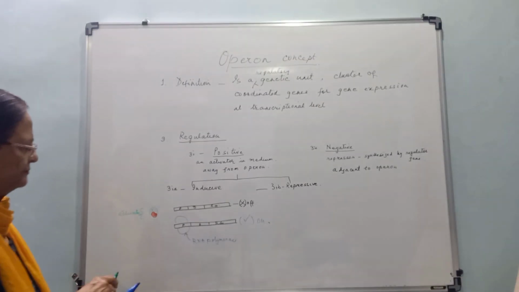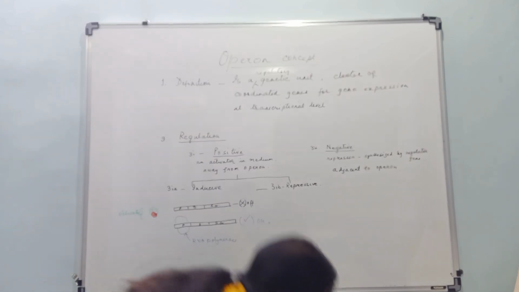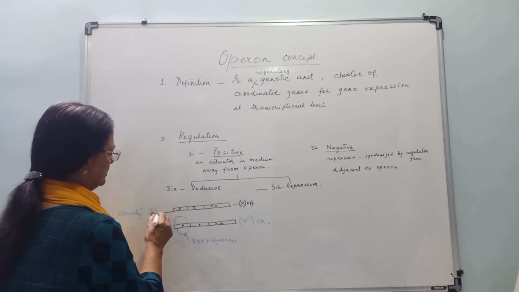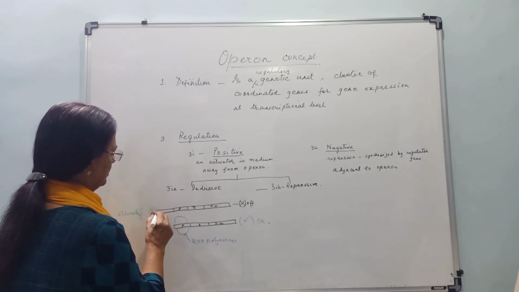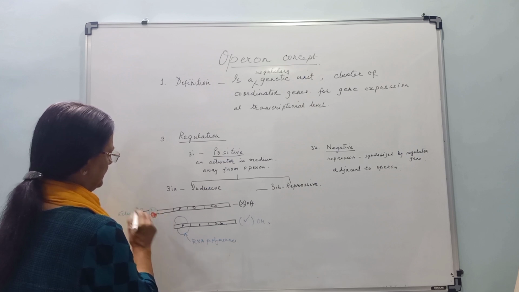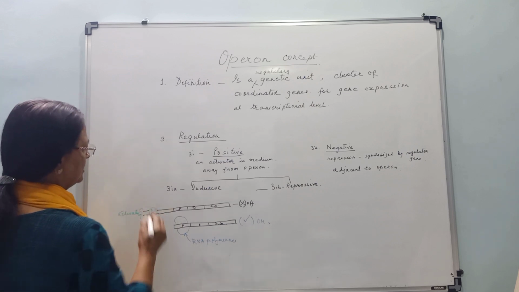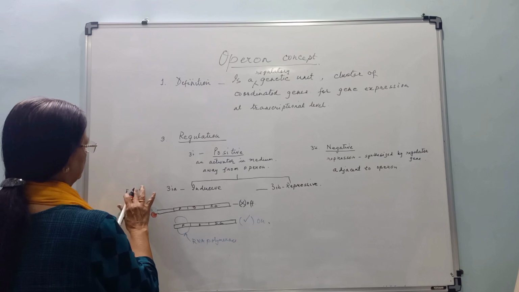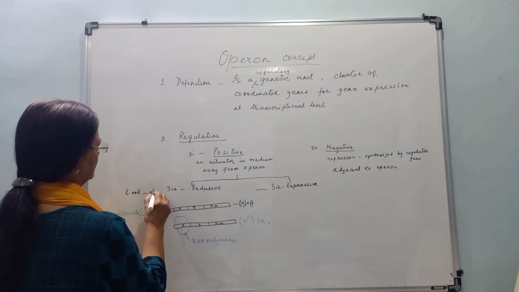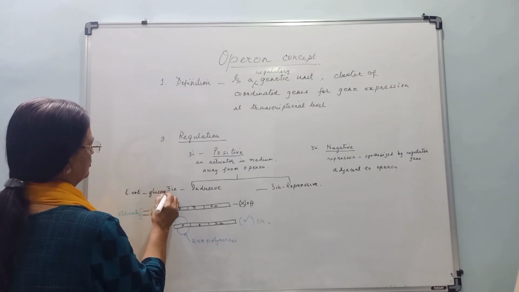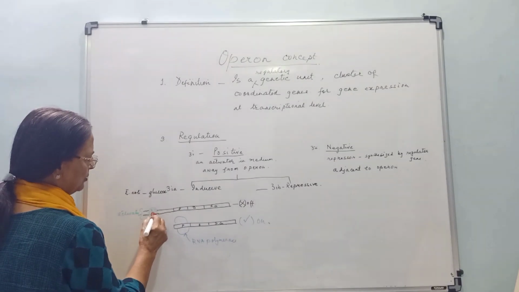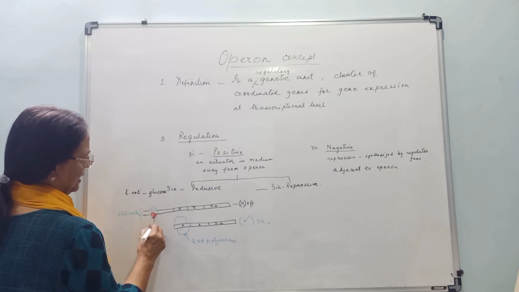This activator is found in Escherichia coli when the E. coli is taking glucose as food. When there is a presence of glucose in the medium, it activates the formation of cAMP,